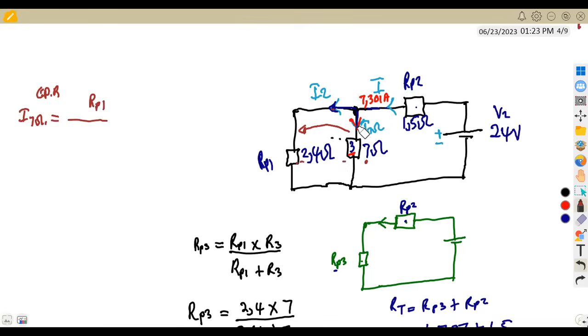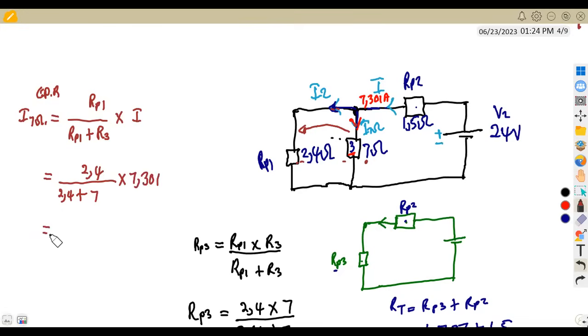It's being shared to these two branches. So you add those two resistors, that is RP1 plus R3 in this case, which is our 7 ohm resistor, times the total current, which is the one that is being shared between these two branches. So with this, we can substitute our values, our RP1 given as 2.4 over the total of 2.4 plus the 7 ohm resistor, times the current that we calculate, which we are referring to as our total current for this circuit,